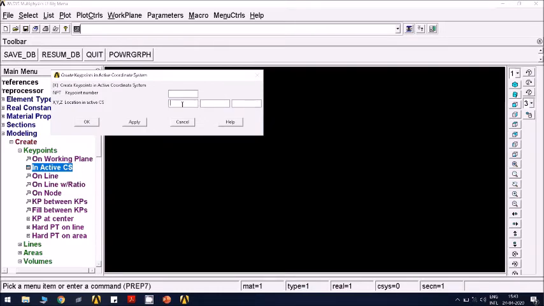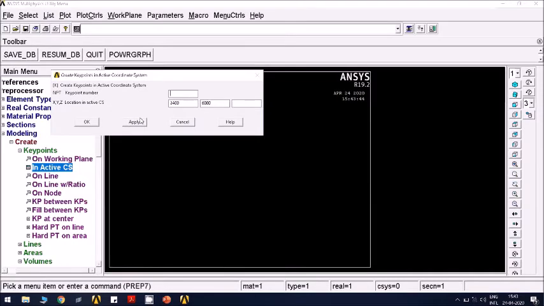First one I am taking 0 0 0. Next one is 2400, and y coordinate for that is 6000. Next one is 12,000 and 0. 12,000 minus, sorry, 2400, and y coordinate is 6000.